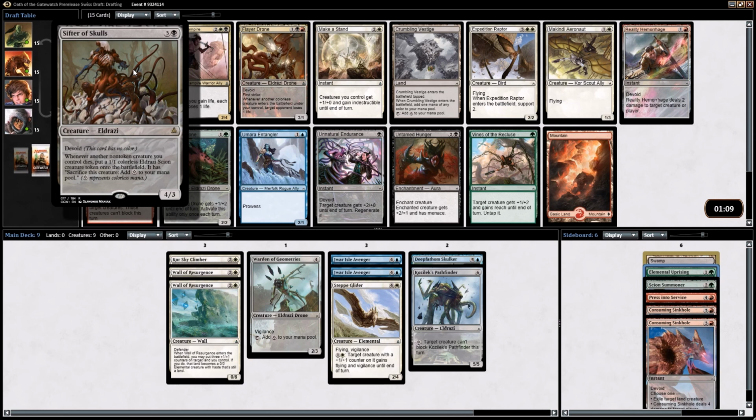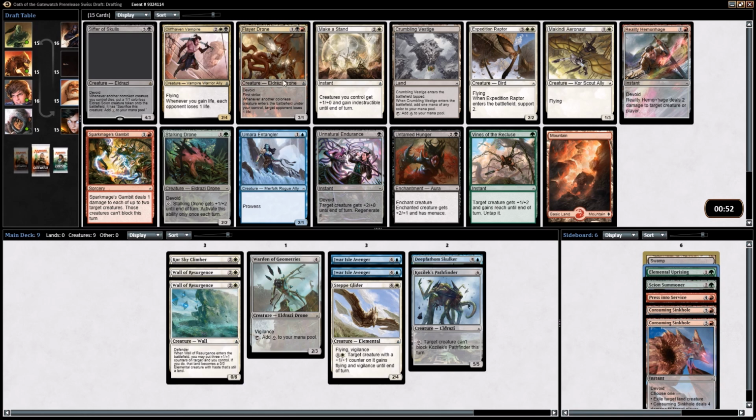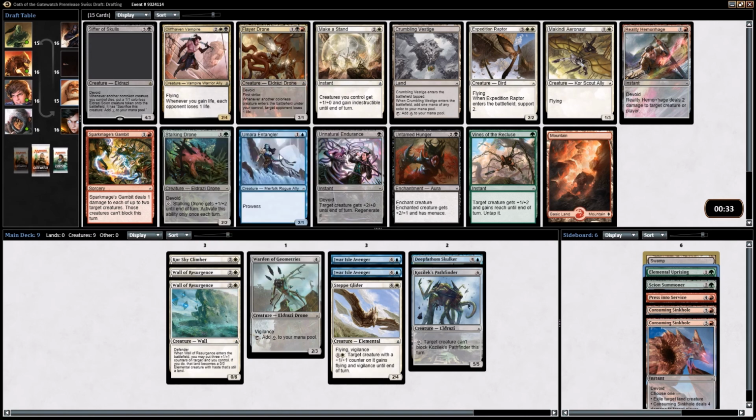Alright, so Sifter of Skulls is the rare. Whenever another non-token creature you control dies, put a 1/1 Eldrazi Scion token on the battlefield. Doesn't seem too exciting. Here we have a flying 2/4. Whenever you gain life, each opponent loses 1 life. Make a Stand. That doesn't seem exciting. Spark Mage's Gambit, deal 1 damage. I don't really like that. It allows you to get some damage through, though, as a red card, so... I would feel bad doing this, but I'm really close to just taking this 2/1 Prowess creature. It gives us something to do early in the game. I'm not super impressed with the rest of these, although